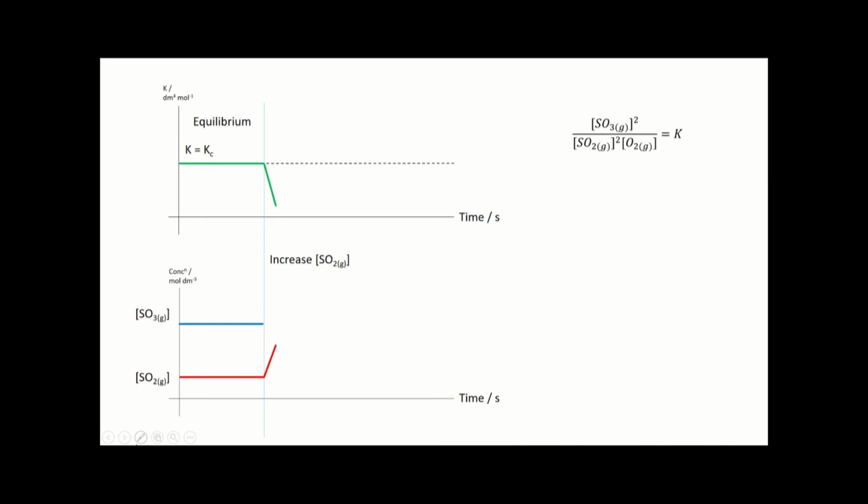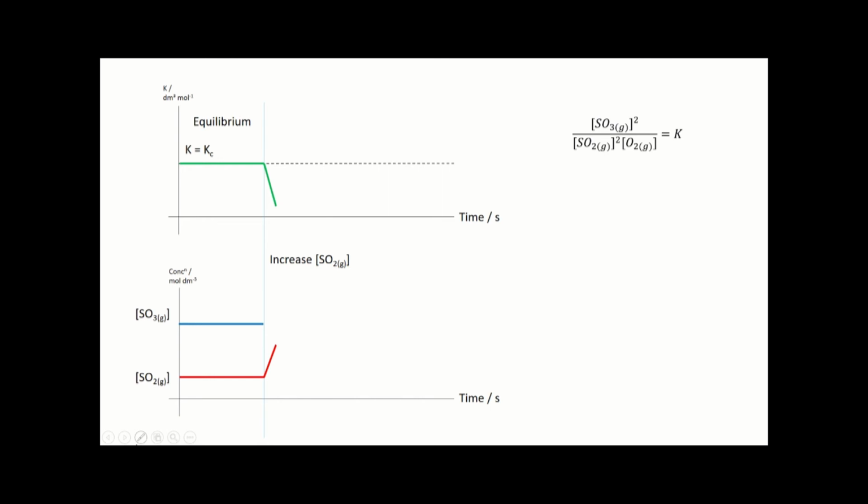At the same time as the SO2 is going up, what happens now? Well, you'll remember that concentration is related to reaction rate, and you'll remember that an equilibrium is when the forwards and backwards rates are equal. Increasing the concentration of something increases the reaction rate. And so the rate that SO2 and O2 react is going to speed up because we have a higher concentration